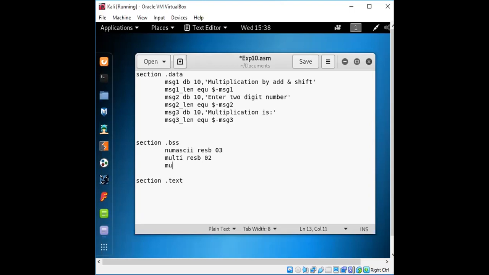Then the 32-bit value result, and a display buffer for the final output.